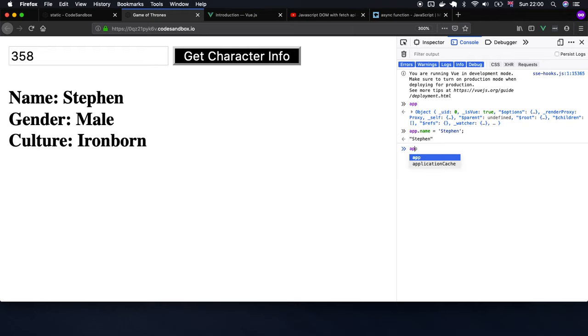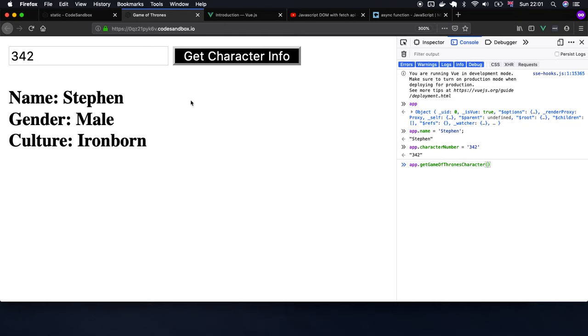If I say app.characterNumber equals 342, you see that character number is now changed to 342. Now I can actually trigger the get character info even without clicking this. So if I say app.getGameOfThronesCharacter,